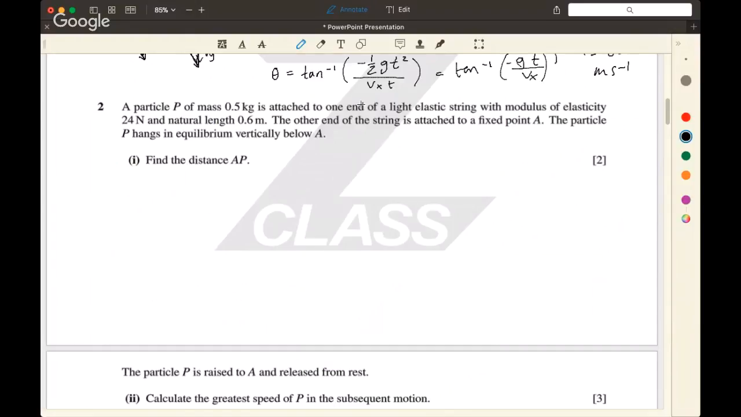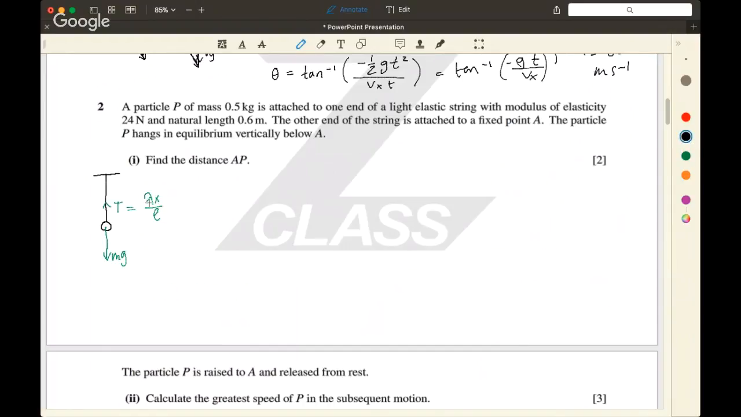So a particle P is attached to one end of a light elastic string. So this is our scenario. Our string and our particle P there. And now, what forces do we have acting on this? Well, we have the mg, the weight of the thing, and we have the tension in the string. And the tension in a string is, if you look at your formula booklet, given by lambda x over L,